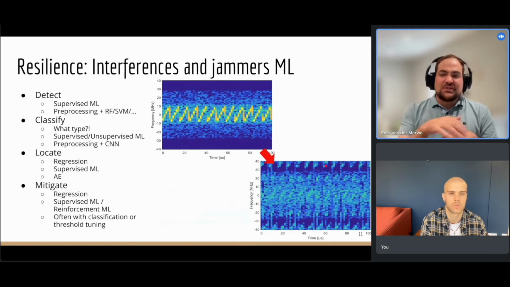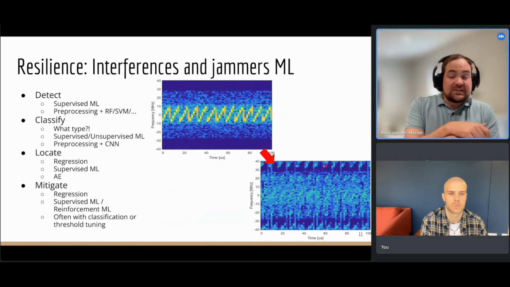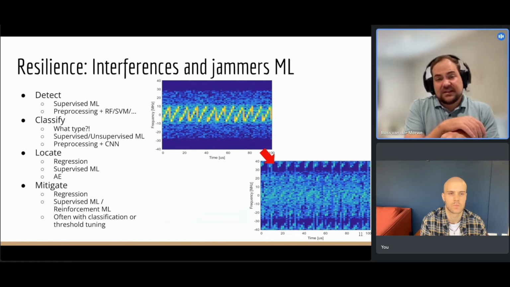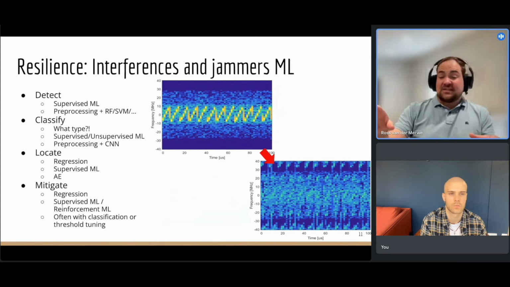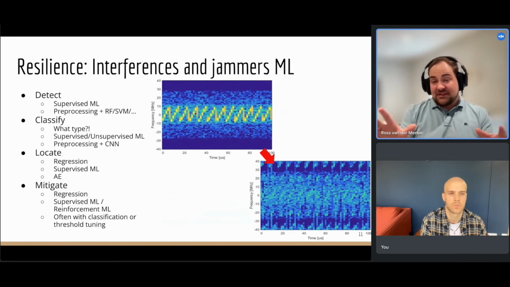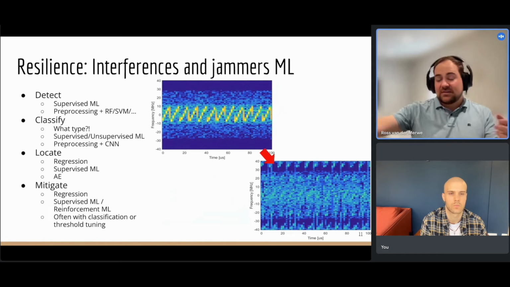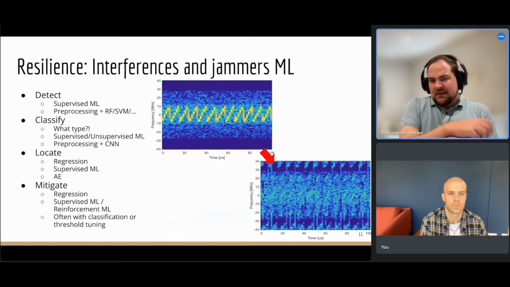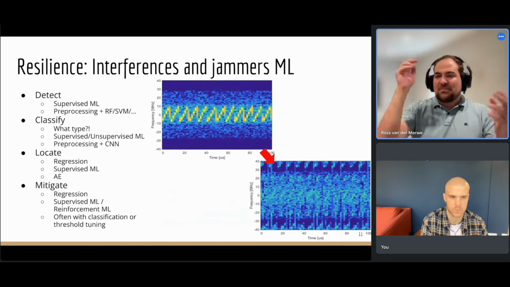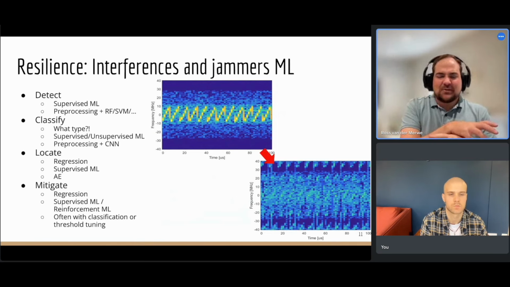So there are two approaches here. The one is, once again, doing some regression tasks. The idea is you just pass all the IQ data in, ML does the interference mitigation, and it pops IQ data out again. This is very much like removing background people in photos. It's, I would say, the closest equivalent if you look at adjacent fields. But this tends to be really challenging and really difficult.